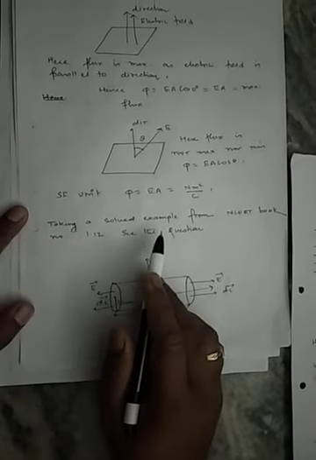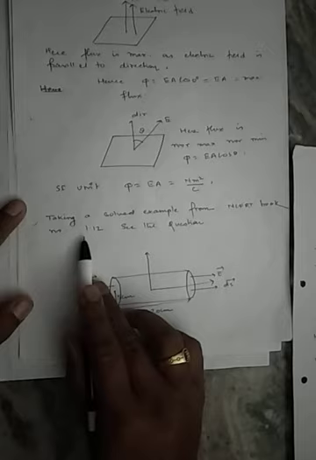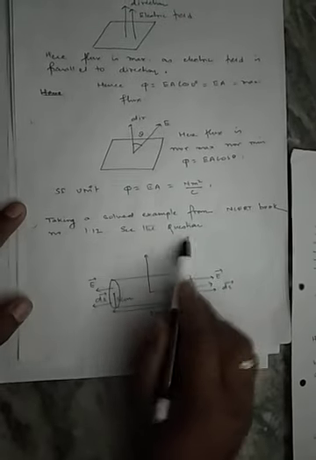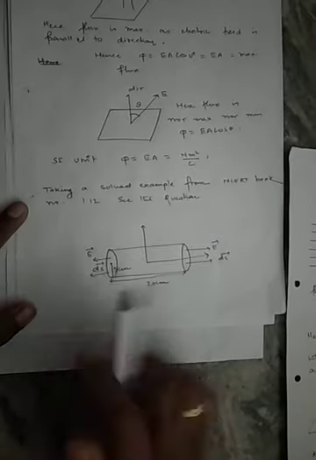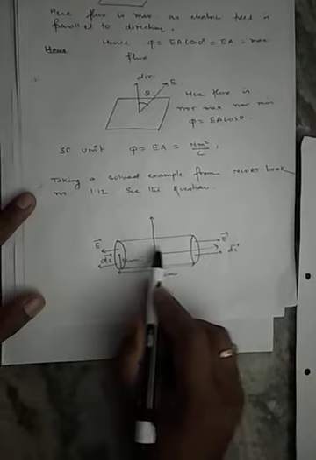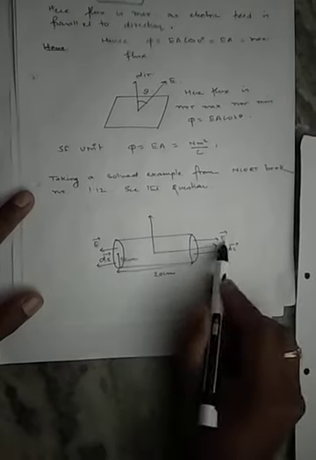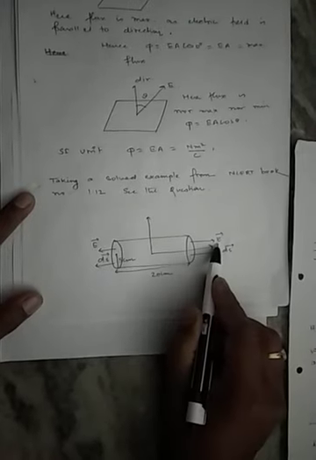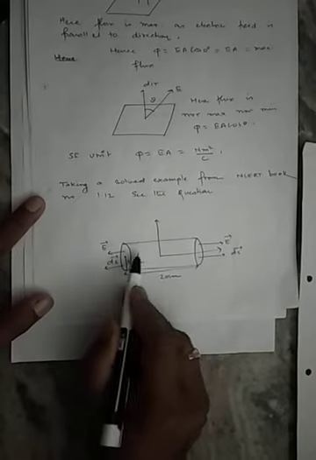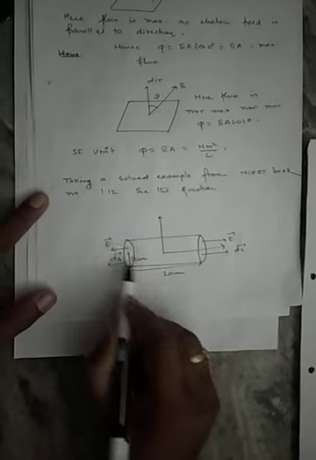Now in order to make the concept very clear, I tried numericals. I have taken a numerical from the NCERT book, solved example 1.12. You can see the question; I am not writing the question, otherwise the video will be of larger size. As per the question, there is a cylinder given, and it is given that the electric field is along the x-axis. If you go along the negative x-axis, the value of the field is negative. If you go along the positive x-axis, the value of the field is positive. But whatever is the case, the electric field should pass normally to the area.